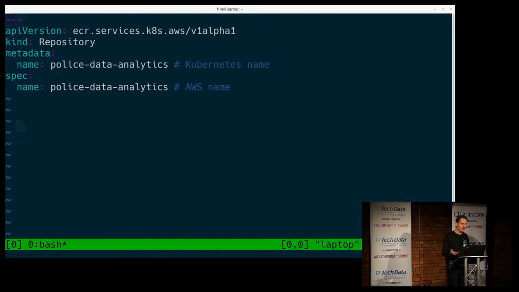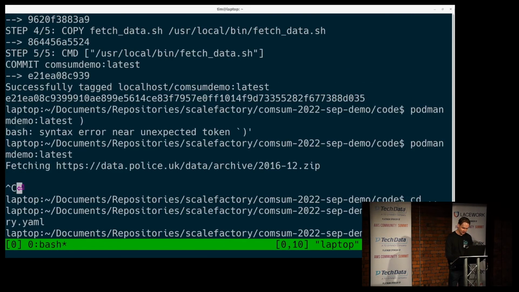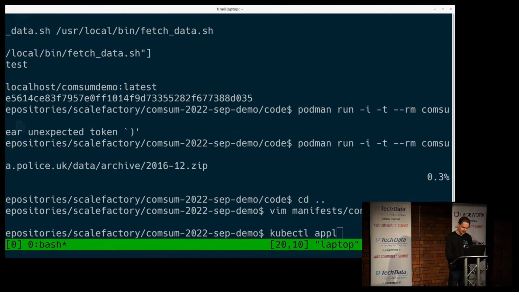I'm going to define here a container repository in the cloud, which is where I'm going to stick the image. And when I create this, because the cluster is set up for that, the EKS doesn't come with this, but this cluster that I've set up will work. So I can kubectl apply -f manifest/container,